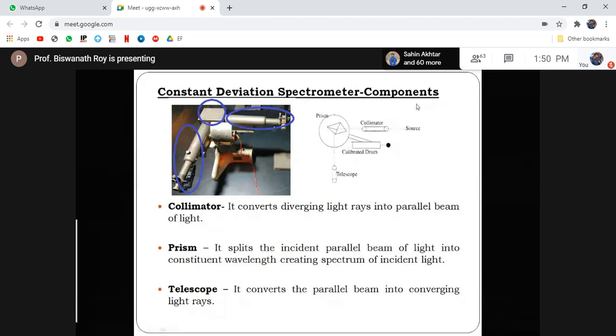Deviation spectrometer, collimator. Sir, your voice again got interrupted. Could you repeat the part about the drum once more? Oh, so with the help of the drum, we can rotate the